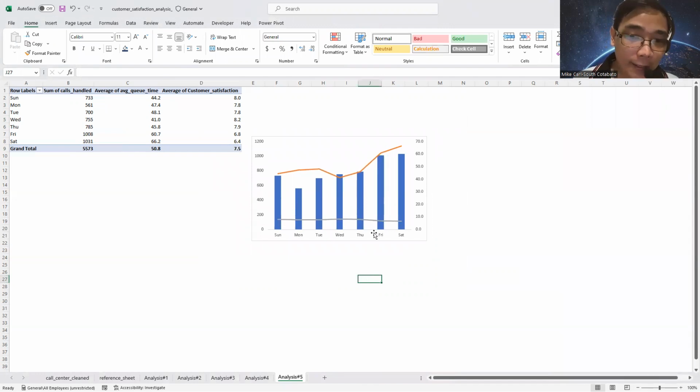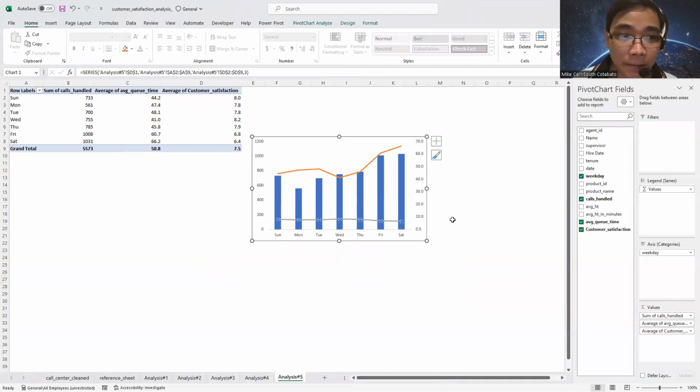As you can see, it does not actually show us that these three variables have a strong correlation, because the customer satisfaction rating here is so low that it does not show a visible, or noticeable, trend. So I guess this is not the right way to deal with